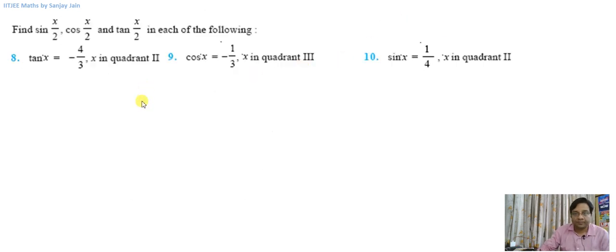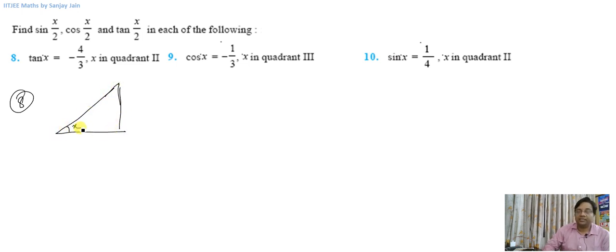This question, as I solved in the example, I'll do the same here. Now the 8th question, tan x is given as minus 4 by 3. So what I'm going to do here is, let us say I consider this as x. Now TOA tells me that opposite is 4, adjacent is 3, so I'll take it as 5 because these are Pythagorean triplets. Or you can apply Pythagoras theorem and see for yourself. This is in the second quadrant, so that is why tan x is negative 4 by 3, right?